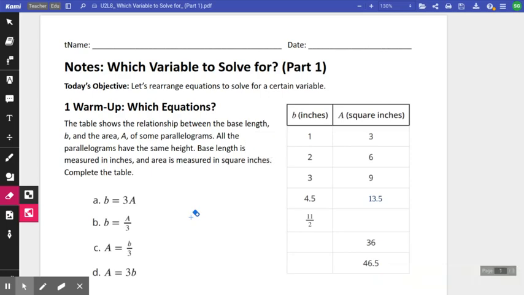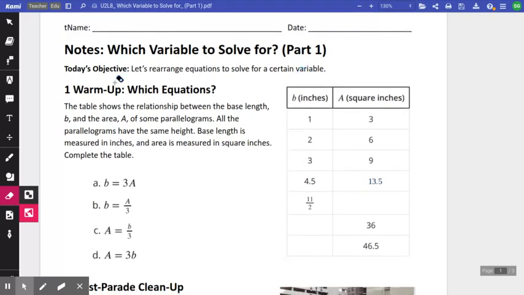Hello, algebra students. This video is going to be on our lesson called Which Variable to Solve For. Notice that this is part 1, so we are starting this topic today, and then we'll be finishing it next week on Monday. For our warm-up, we've got this table right here, which shows the relationship between the base length B